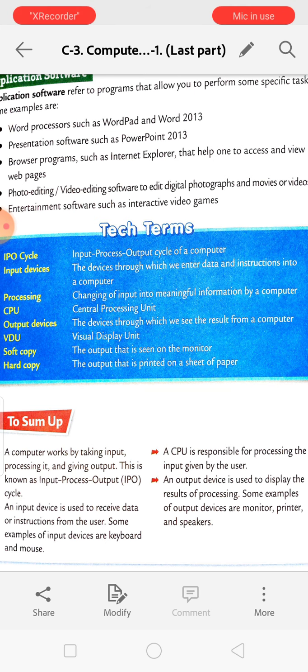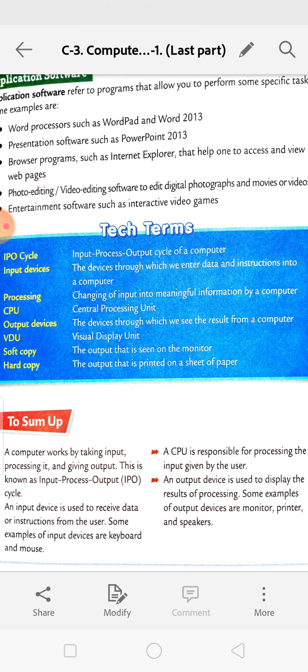CPU: central processing unit. Output devices: the devices through which we see the result of a computer. VDU: full form is visual display unit. Soft copy: the output that is seen on the monitor, and hard copy: the output that is printed on a sheet of paper.